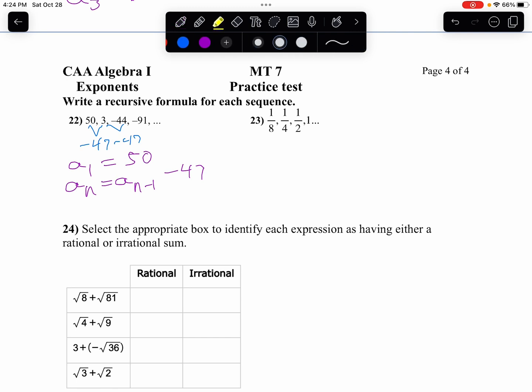to our first problem there in 22. Now in 23,